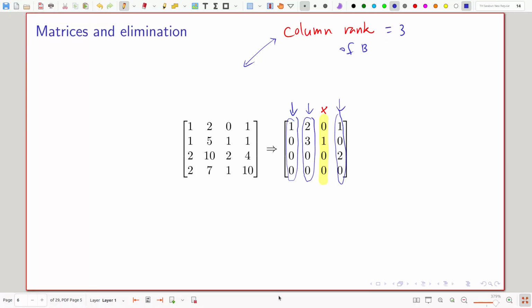If you want to see the proof, I can give you the video clip. So last year I talked about it, but yeah, let's try not to. Proof. Okay. So the column rank equals row rank. Okay.